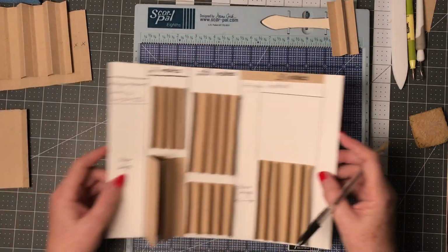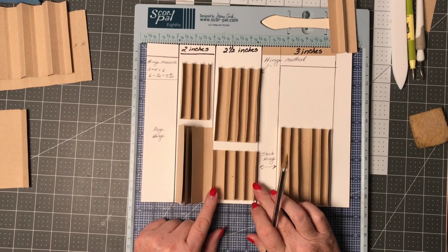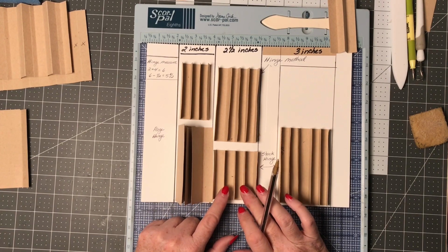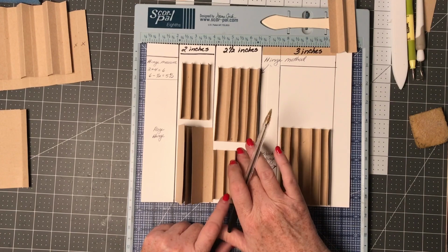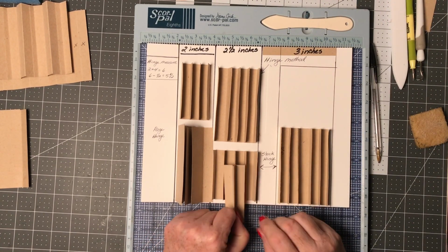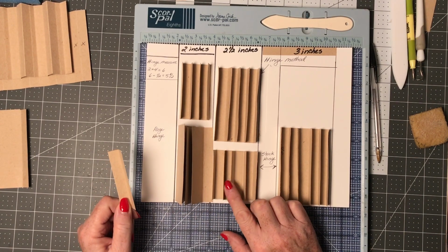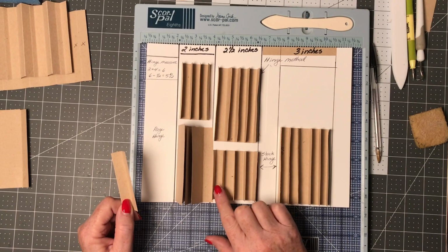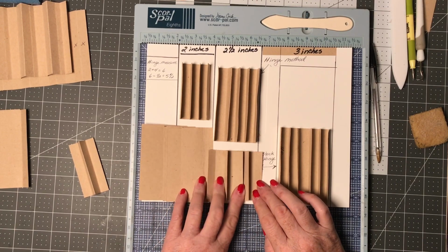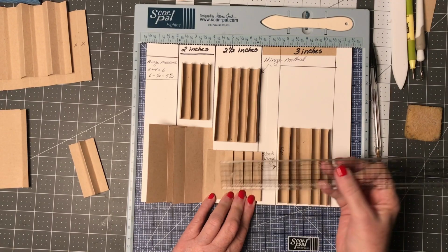Now, if you wanted a spine that was 2.5 inches, you would then have one flat sheet here. You'd have one flat sheet here for the middle, but then we would use this middle section in order for that to work, because we need to have a center spine in order to have 5 pages. So the measurements for that, let me just lay this down so I get this right for you. The measurements for a 2-inch spine,